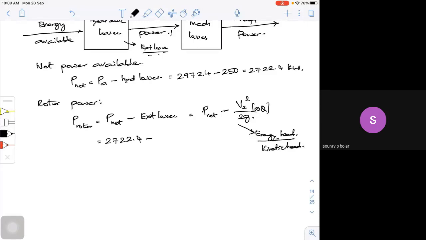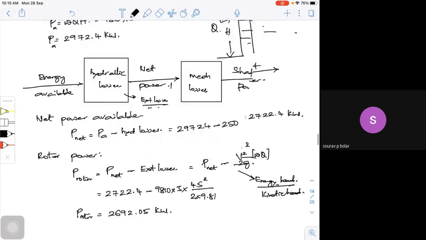I have to do that. So what is the Q actually? That Q is what I am trying to lose. That is around 3 meter cube per second. Now if I try to put that, what is it actually? This number will be 9810 into your 3 into your exit velocity 4.5 square by 2 into 9.81. If I do that, I'll be getting my rotor power, which is 2692.05 kilowatts. So this is my rotor power.